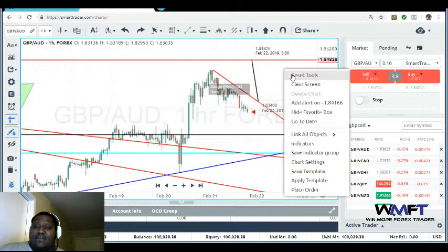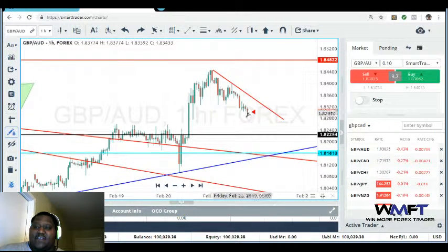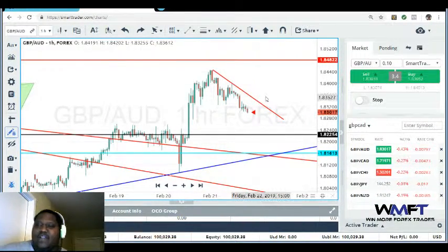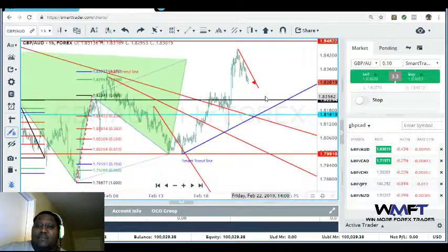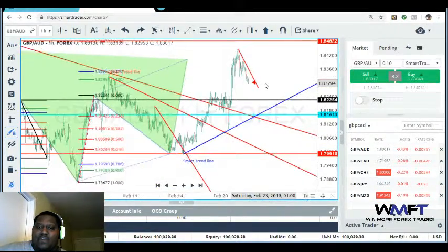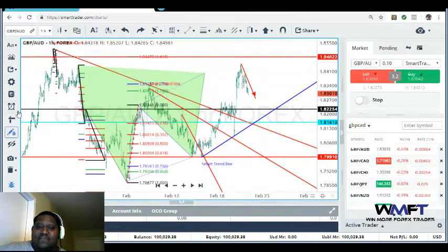So that would be a good trade, but you have to get the signal first, and you have to wait for the market to break the trend line, the counter trend line. Once the market breaks the counter trend line, we will start buying the market, and our stops will go 10 pips below the low. Because if you put your stops 10 pips below this A right here,